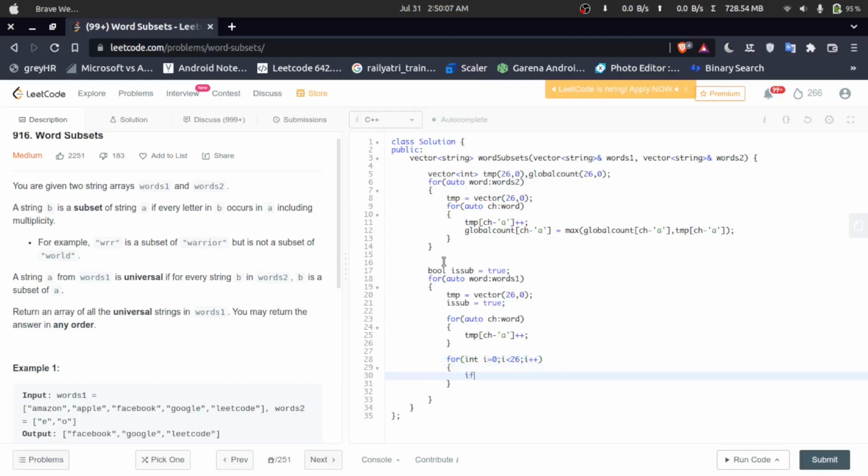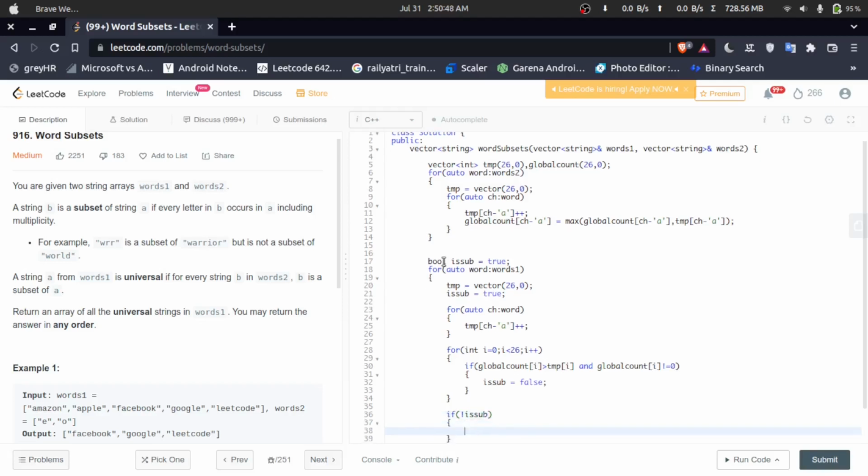After that, if global count of I is greater than tmp of I, and global count of I is not equal to 0, in that case my subset is not possible to make, so is sub will be false. And after traversing there, if not subset,